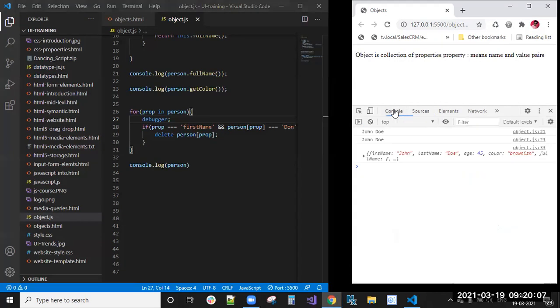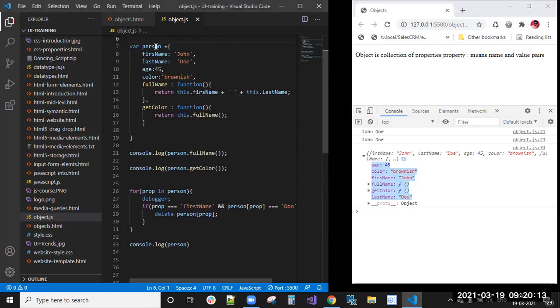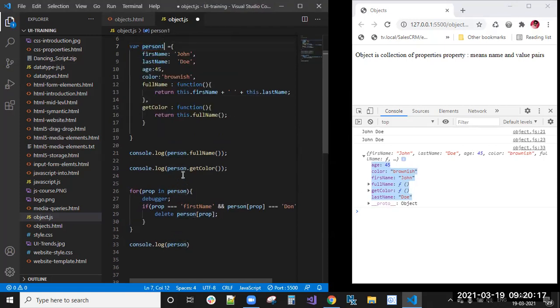Okay. That is already deleted. Because of that, we'll not get in here. What we'll do, we can remove that person to the person one. We will do it. Okay. We declare with the